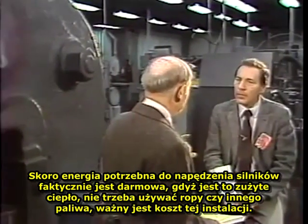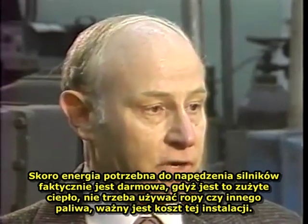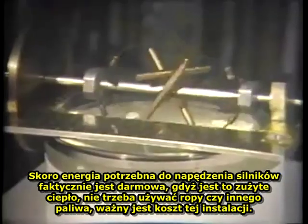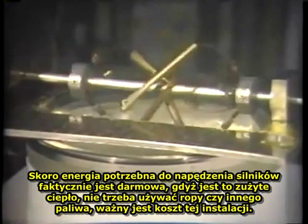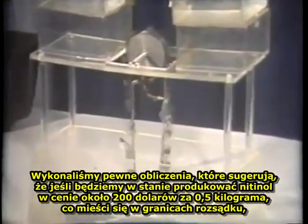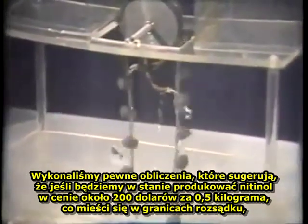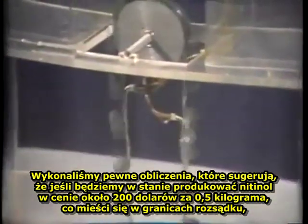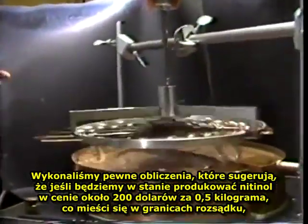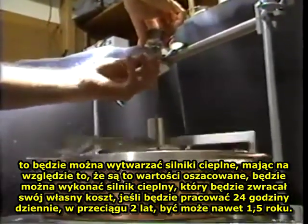Since the energy to run the engines is in effect free, as it's waste heat, you don't have to use oil or any other fuel; it's the cost of installation that's important. We ran some calculations here which suggest that if we can produce nitinol at $200 or so a pound, which is within reason, we feel, that you can make heat engines, and these are extrapolated figures, bear in mind, that